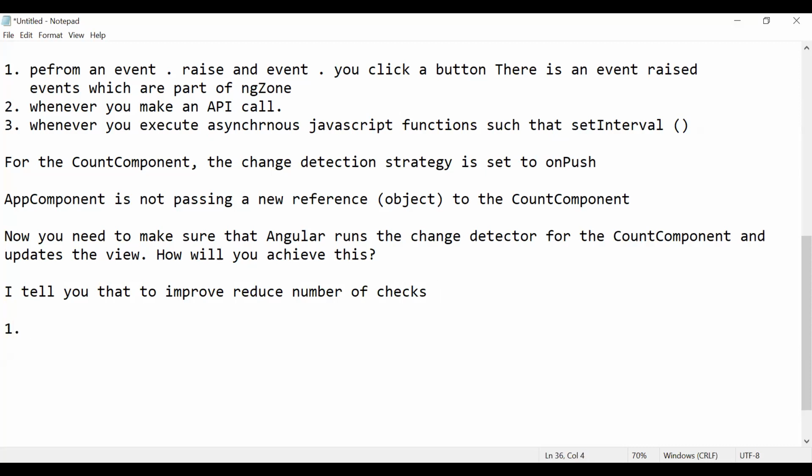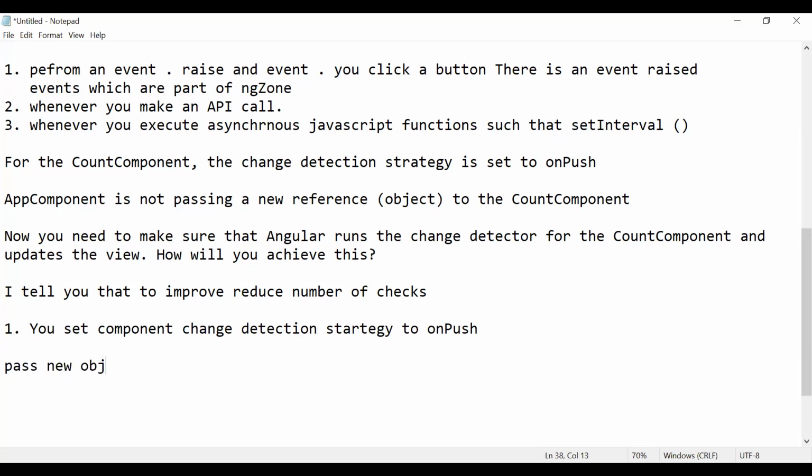So for that, what you did, you set the component change detection strategy to OnPush. All right. So you have done that. Now you are saying that there are two ways, that a pass new object from the parent component. Now the